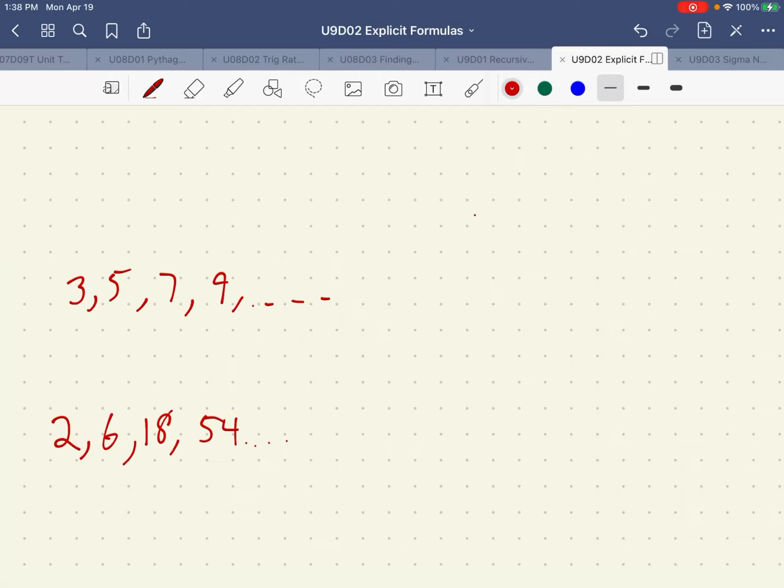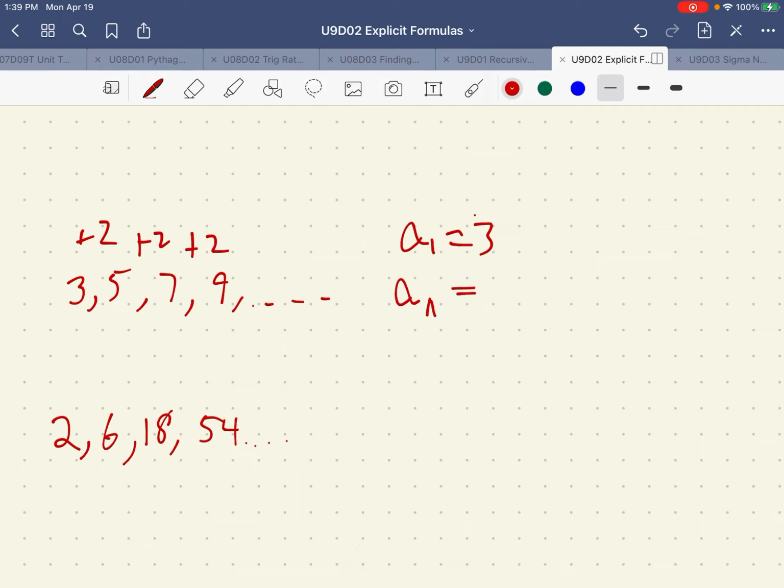Yesterday we talked about finding a recursive sequence for a list of numbers. In this case, the rule appears to be add 2. Just to confirm, we make sure that it works for a few numbers in a row. This appears to have a recursive rule of start with the first number being 3, and to find any particular